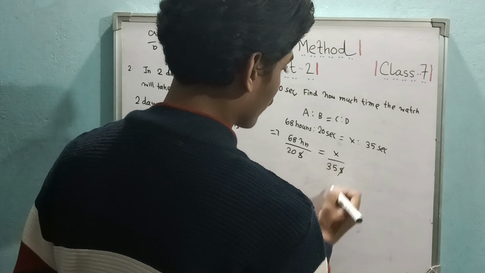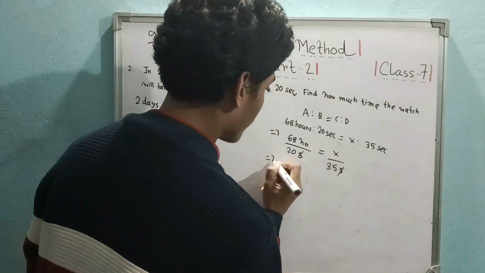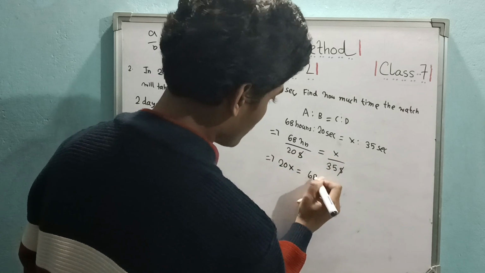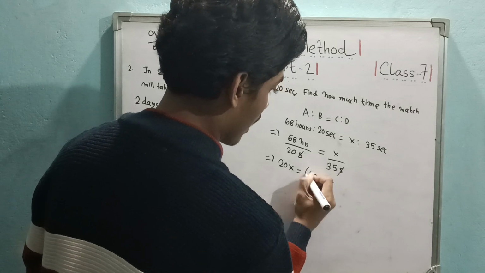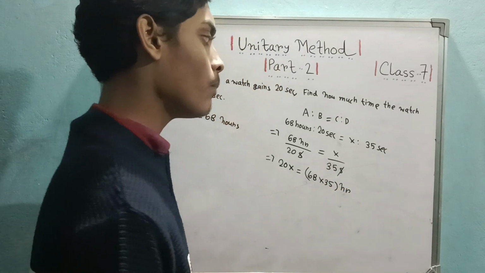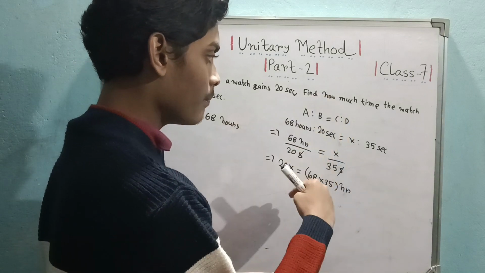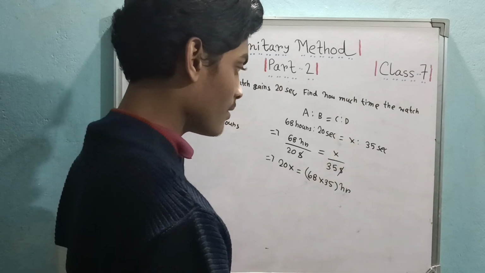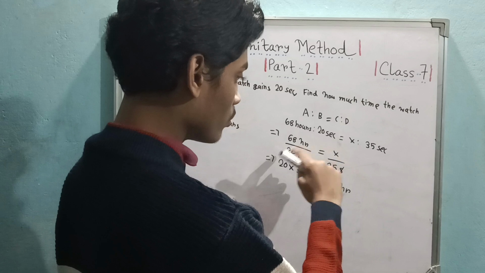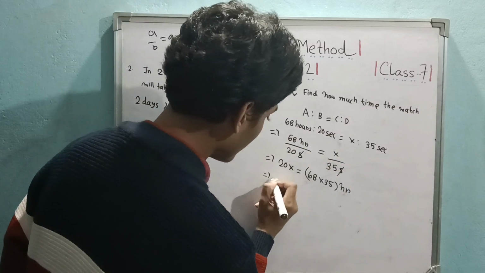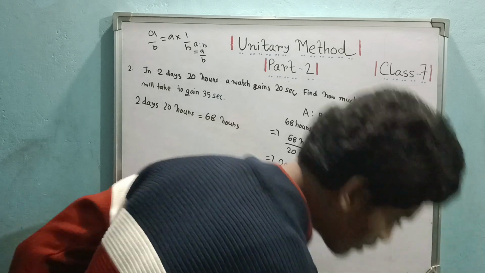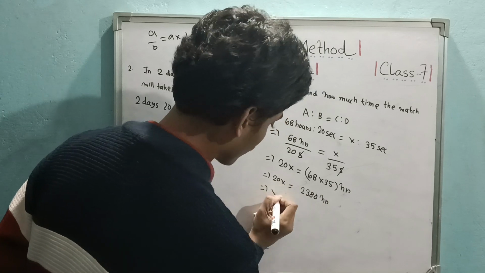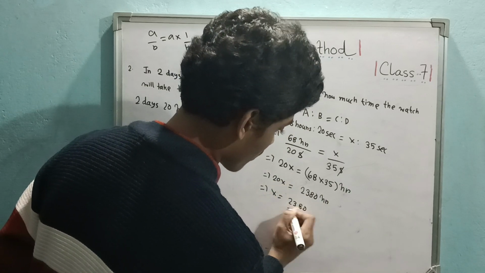The seconds will be cancelled on both sides. Doing normal cross multiplication, I hope you don't have any problem. A by B equal to C by D, and as seconds are there on both sides, they get cancelled out. Then 68 into 35 equals 20 into X. Or 20X equals, what was that? 2380, I think. So X will be equal to 2380 by 20,